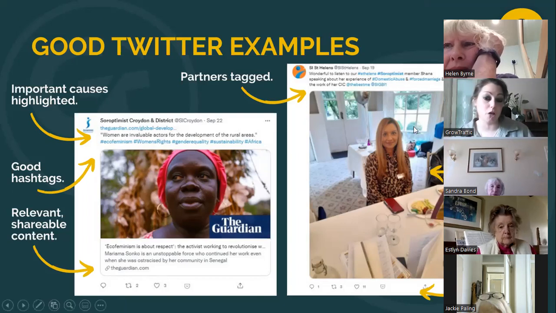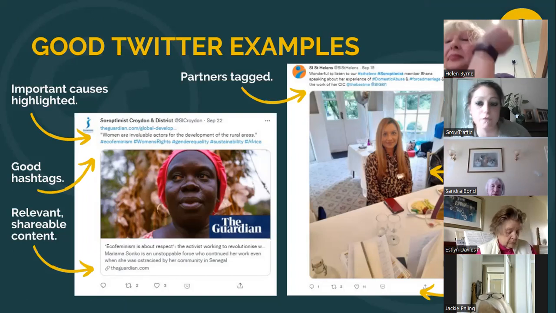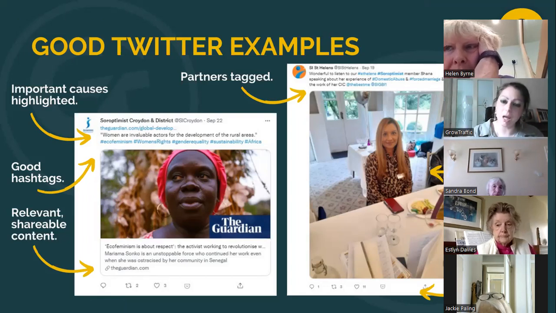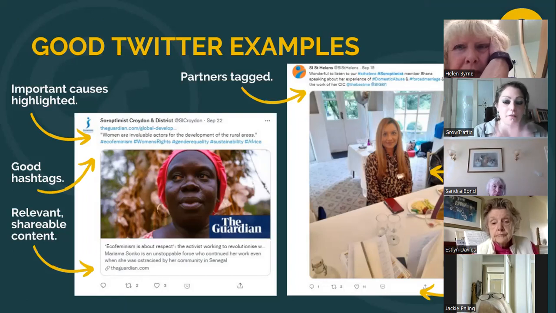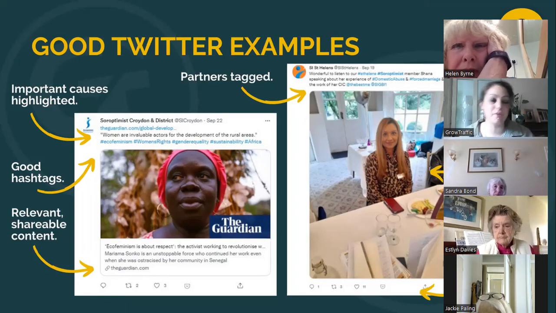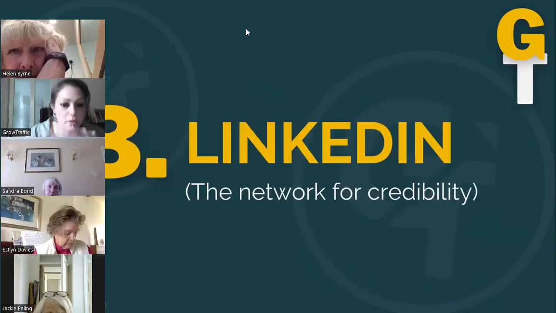So they've shared a photo of an event that they were at, but they've said this was the reason. They've used the hashtag Soroptimist, they've used the hashtag domestic abuse and forced marriage. They've also tagged the charity that they were working with, and they've got the information there about what they're talking about. So basically they've used a photo to say, this is the cause, this is what we've been talking about, this is who we've been working with, and these are the hashtags. So that post did get out to a few people and got shared a bit. So good. Any questions on Twitter?